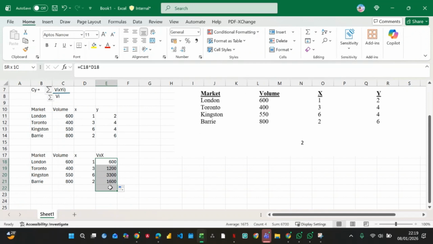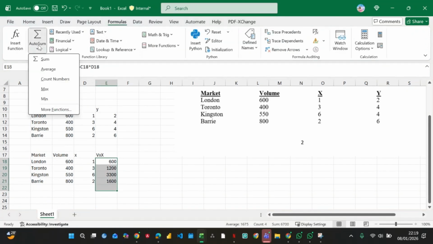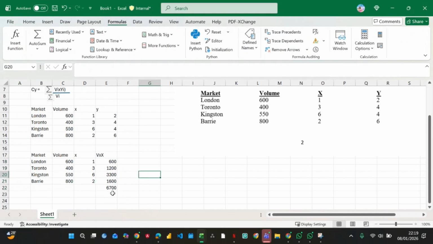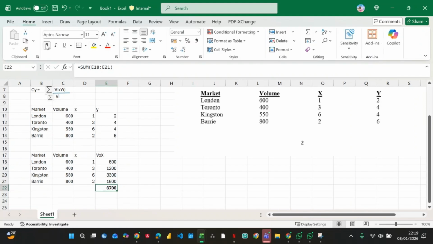So after we have done this, we now do the summation, right? If we do the summation of that, it's going to be 600 and what was that? The summation of that now is going to be 6,700. Okay, that's what we got for that first one. That is just to get the upper one. Then what's the summation of what? P. So the next thing is for us to get